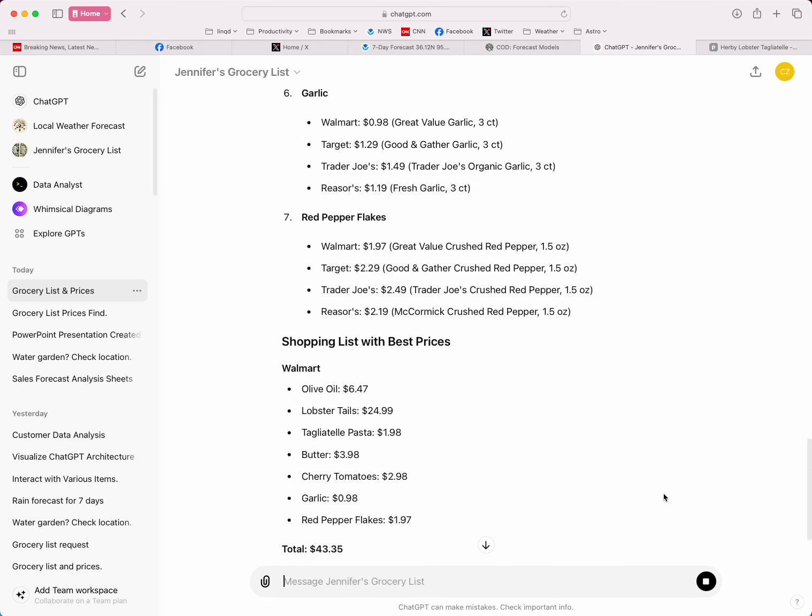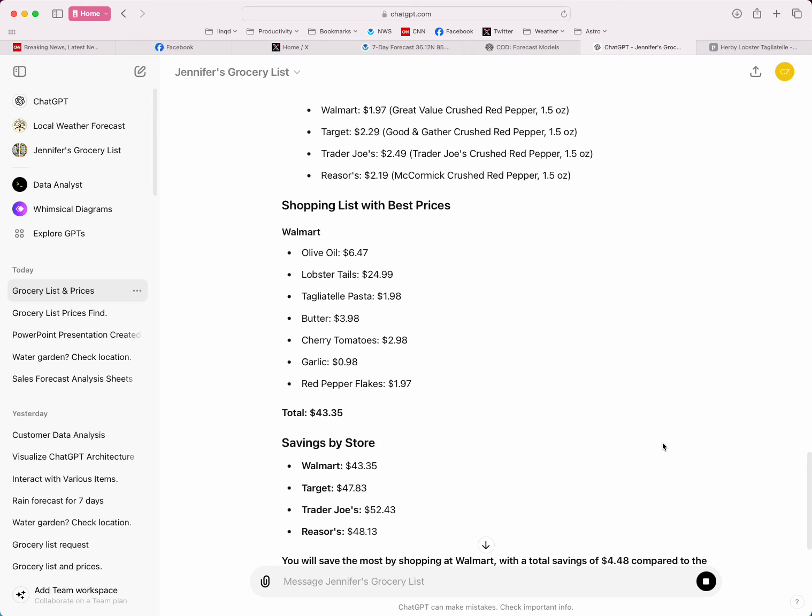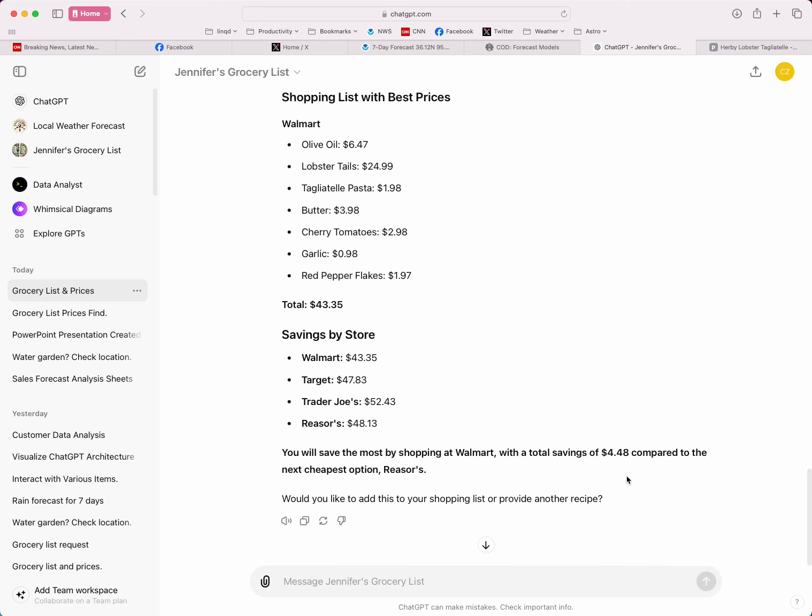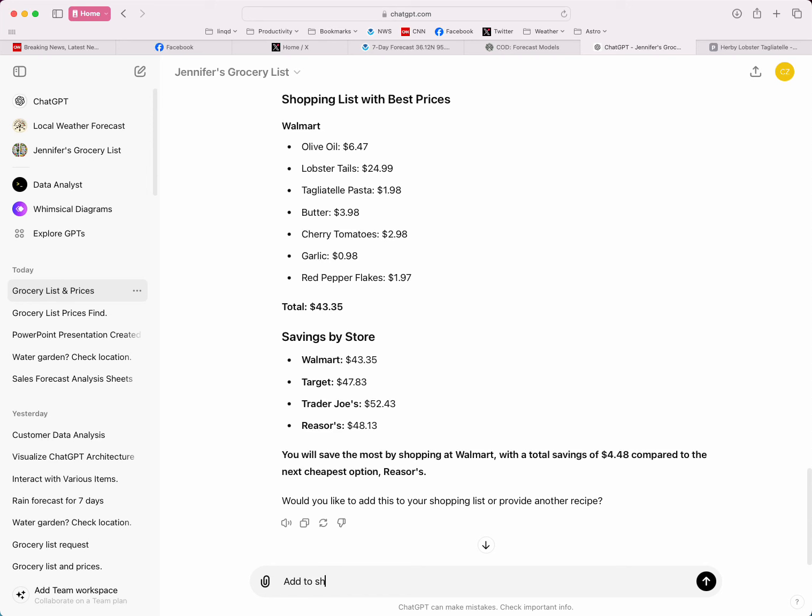So now it's come up with the shopping list for the best prices, and it looks like Walmart is the best option. Here you can see the things that it thinks we need to get at Walmart. And you can see at Walmart it's $43.35, Target it was $47.83, Trader Joe's was $52.43, and Reese's was $48.13. So we're going to save about $4.48 compared to the next cheapest option of Reese's, but we're going to save about $9 compared to Trader Joe's. Now it says, hey, would you like to add this to your shopping list or provide another recipe? I'm going to say add to shopping list